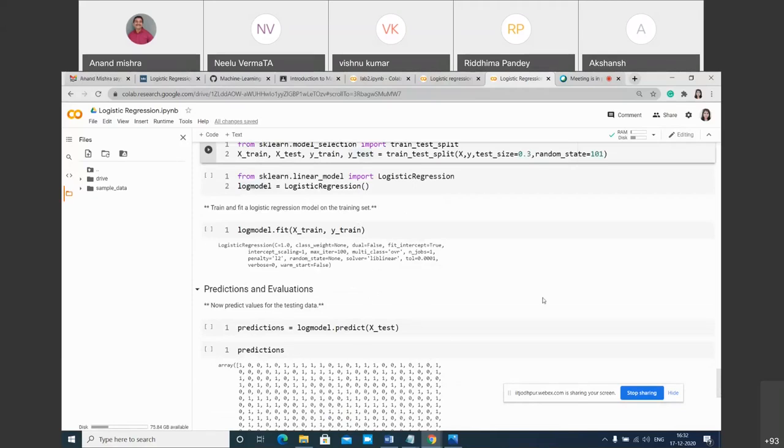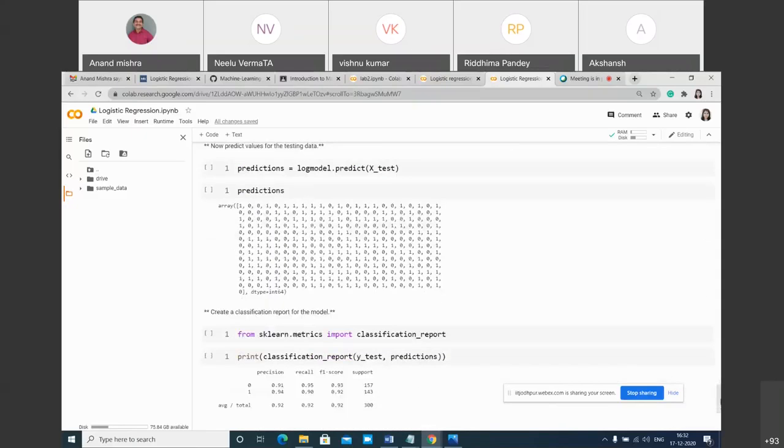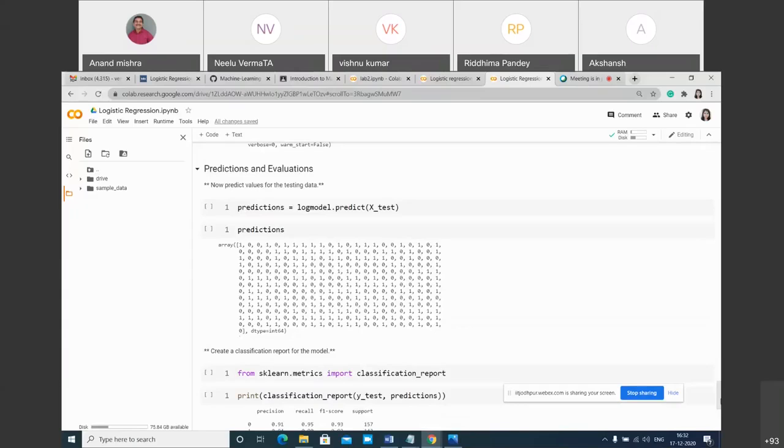After that, you need to predict or evaluate how your model is working, how your model has trained. For this, an inbuilt function is available in this library, so you can call log model dot predict.